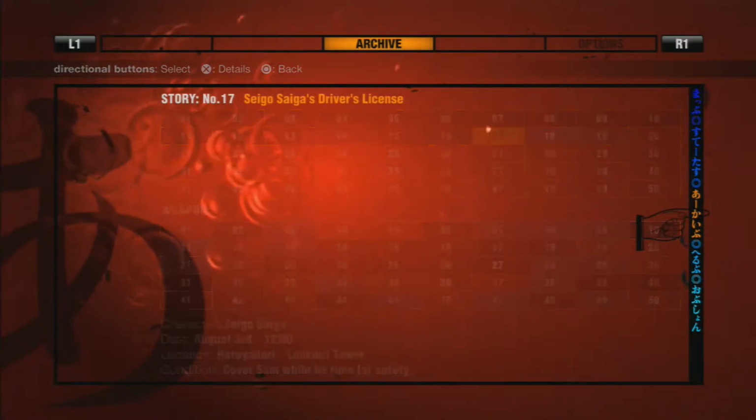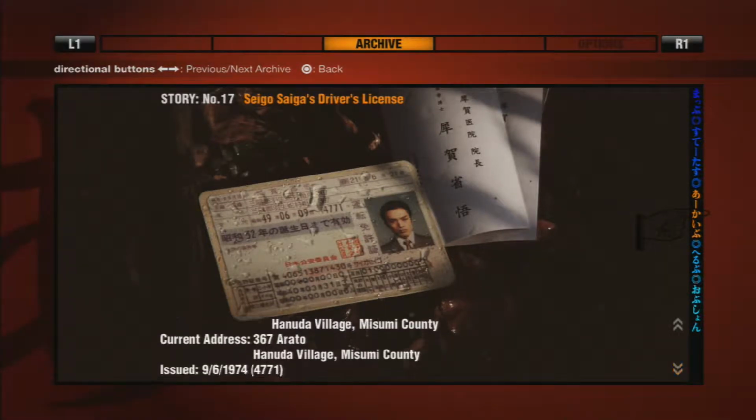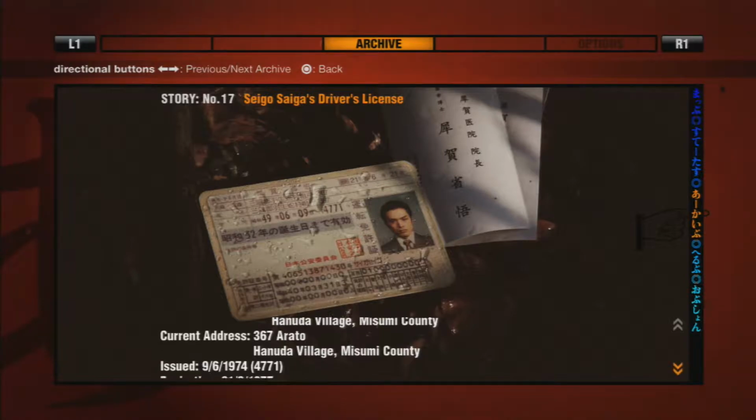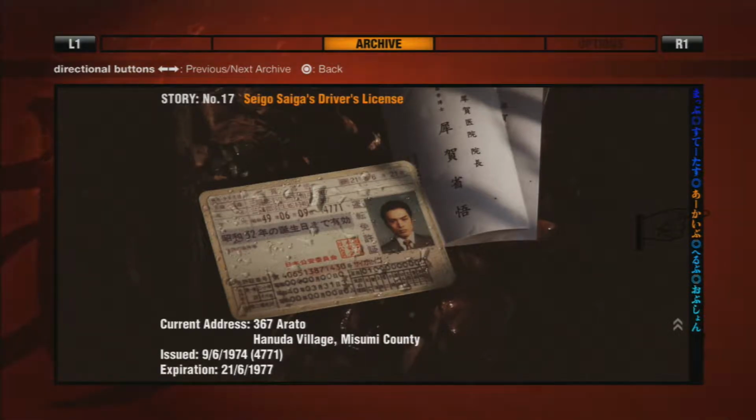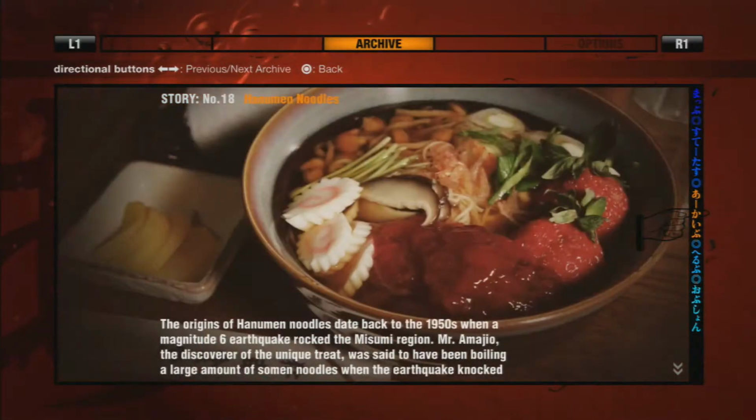For instance, we have Seigo's driver's license. You can see his date of birth, which doesn't make much sense. But then again, we are in the past, so in that case it does. And its expiration will be 1977, which this isn't 1977. This is years later, so... Oh well, there goes your driver's license, dude. Then again, we don't see Seigo's car at all. It never comes into play, like...